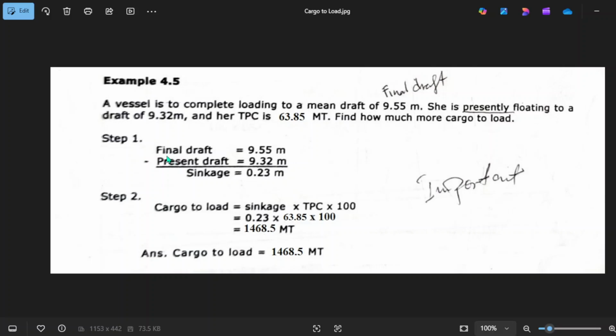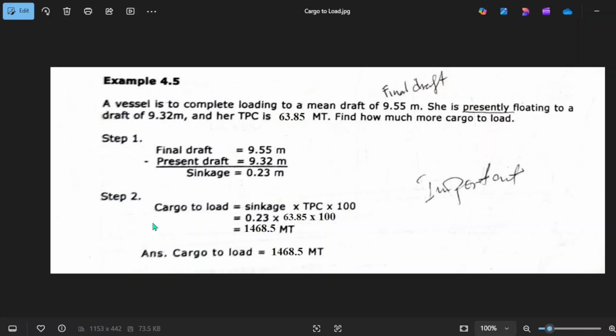For example, your departure draft is 9.55, and your present draft is 9.32. You subtract the present draft from your departure draft, and your sinkage will be 0.23. This is what we call the sinkage, because from your present draft of 9.32, you have to sink your vessel 23 centimeters to reach 9.55. This is what it means.